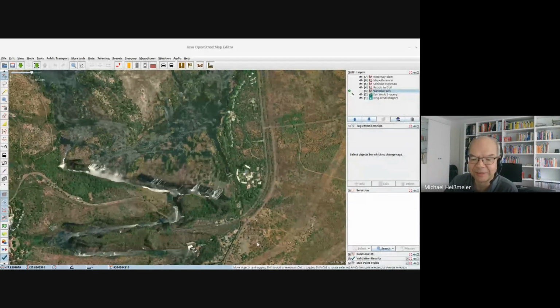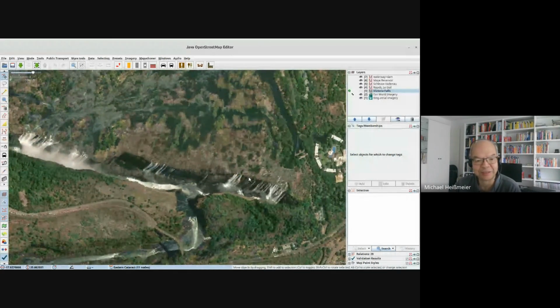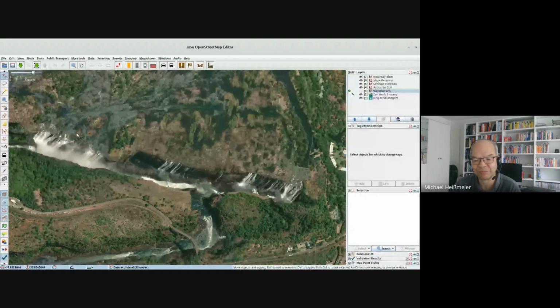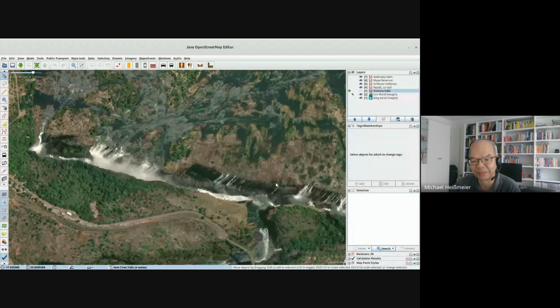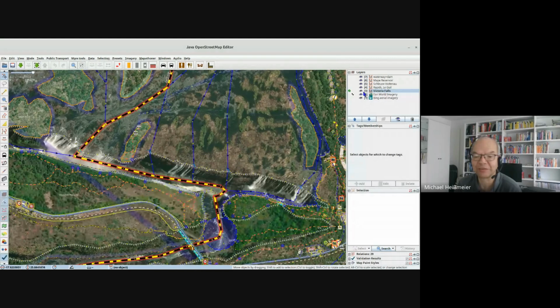And this here are the famous Victoria Falls at the border between Zambia and Zimbabwe. This here is not exactly during the rainy season, but you can well see that this is not just one single waterfall. It's a whole spectrum of waterfalls here across that cliff. And we're usually talking about something like 1.2 or 1.5 kilometers where the water comes down over this cliff. So clearly a waterfall is where water drops vertically. So you have a cliff, and when we take a closer look at how things are mapped in here,